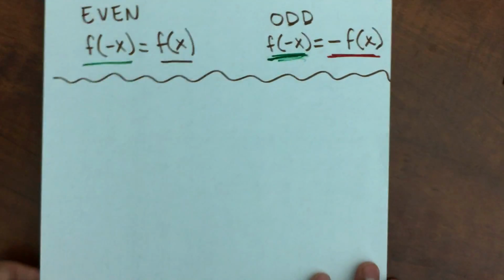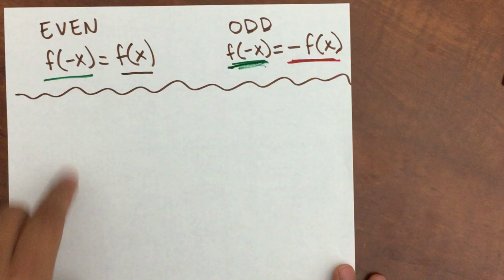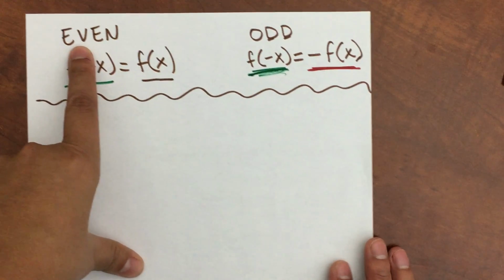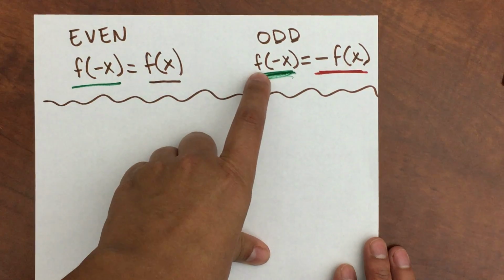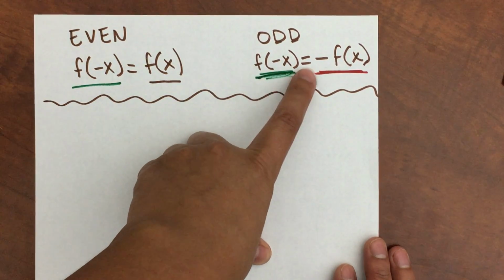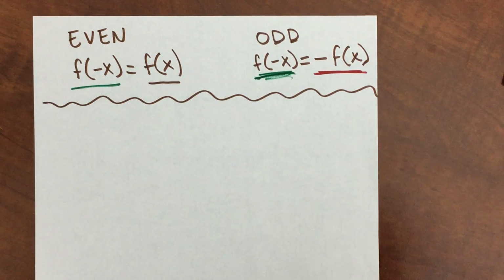Okay, so let's begin with the functions. With the formulas, I'm sorry. For an even function, you need f of negative x equal to f of x. And for the odd, it has to be f of negative x equals negative f of x. And you will see what that means in a minute. So let's begin with